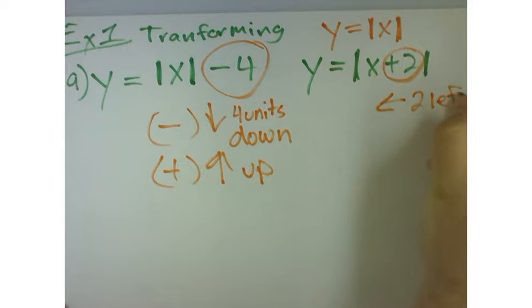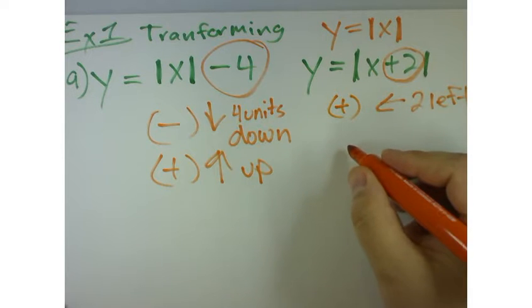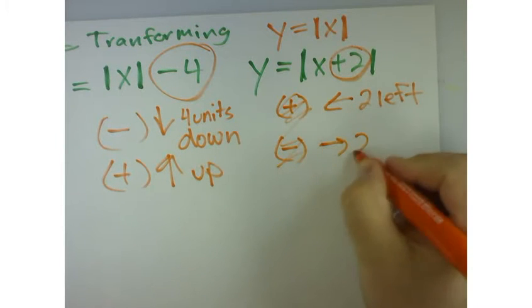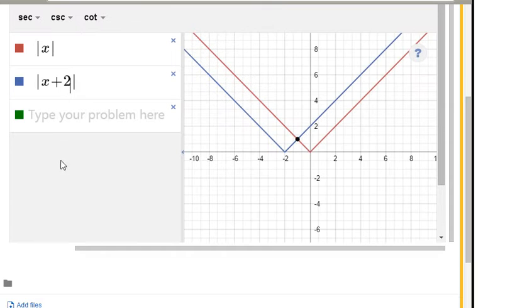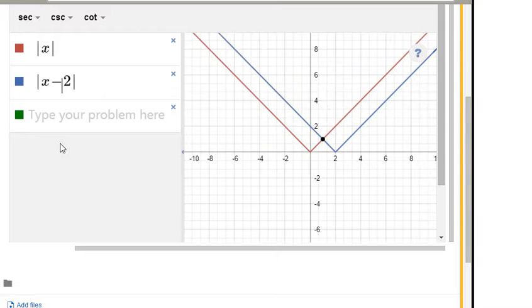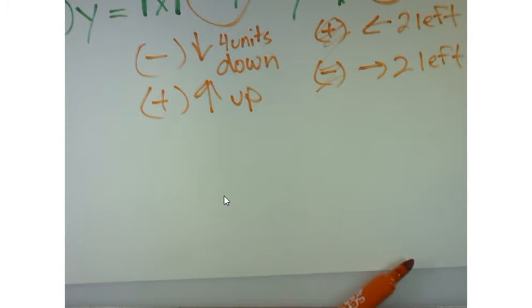How could I move it 2 units to the right? Subtract it. So we'll try to subtract it. Now, don't write that down yet, because I'm going to show you a formula. When I look at the graph, if I change that to a minus sign, it moves it 2 units to the right. Now what your textbook says in formal notation, it says for horizontal translations,